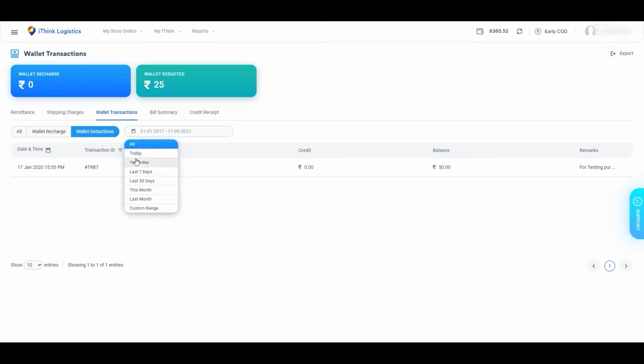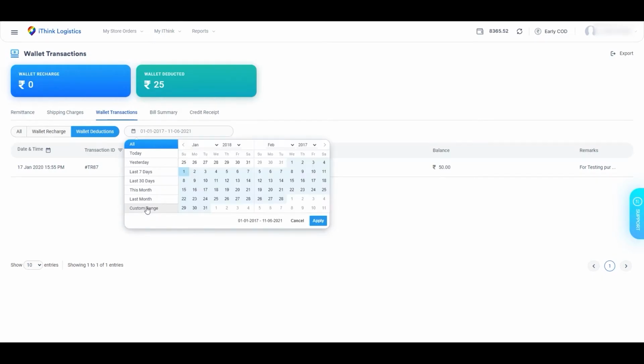Here you can select today's date, yesterday's date, last 7 days data, last 30 days data, last month's data. In custom date, you can search the data by entering 2 different dates. You have to enter the start date and end date. Then, after clicking the apply button, you can view data related to the selected date.